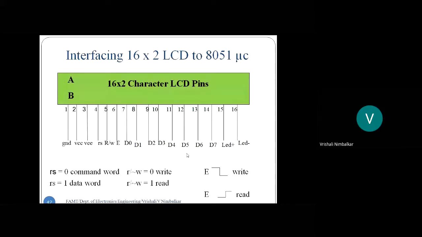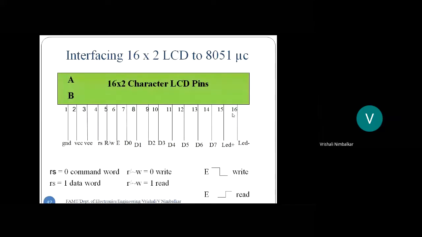Okay, and then the last two pins, pin number 15 and 16, are the power pins of LCD. Pin number 15, give it 5 volt, LED plus. Pin number 16, ground it, LED minus. So 15 and 16 are the power supply pins of LCD. Hope you all are getting me, students. So the display is of 16 pins. The first 3 pins, contrast control. Pins 4 to 6, the next 3 pins, are the control signals of LCD. The next 8 pins are the data lines of LCD. And 15 and 16 are the power supply pins of LCD.